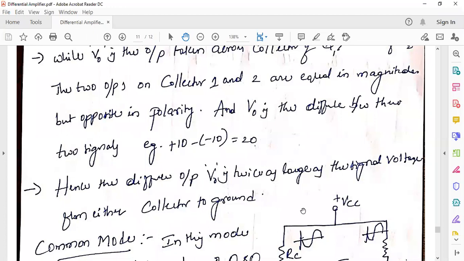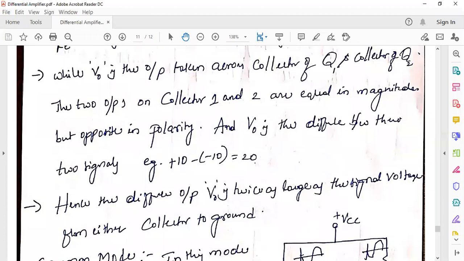ఒక కలెక్టర్ నుంచి, ఎనీ వన్ ఆఫ్ ద కలెక్టర్ టు గ్రౌండ్ తీసుకుంటే ఆ అవుట్పుట్ మీద బ్యాలెన్స్డ్ అవుట్పుట్ ఈస్ ట్వైస్ ఆఫ్ అన్బ్యాలెన్స్డ్ అవుట్పుట్. హియర్ వాట్ ఐ వాంట్ టు సే ఇస్ ద బ్యాలెన్స్డ్ అవుట్పుట్ ఇస్ ఆల్వేస్ ట్వైస్ ఆఫ్ అన్బ్యాలెన్స్డ్ అవుట్పుట్. అన్బ్యాలెన్స్డ్ అవుట్పుట్ మీన్స్ బిట్వీన్ ఎనీ వన్ ఆఫ్ ద కలెక్టర్ గ్రౌండ్ దగ్గర తీసుకున్న అవుట్పుట్ కన్నా బిట్వీన్ టూ కలెక్టర్స్ దగ్గర తీసుకున్న అవుట్పుట్ డబల్ ఉంటుంది. ఓకే, సో నౌ